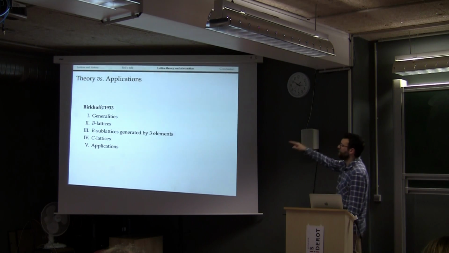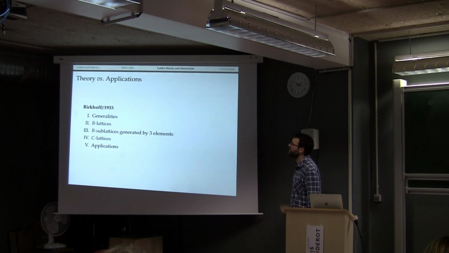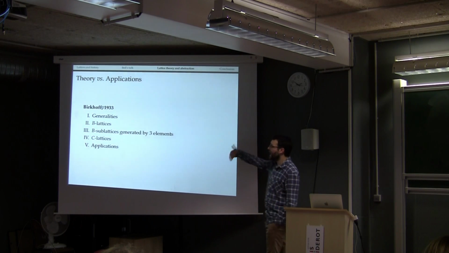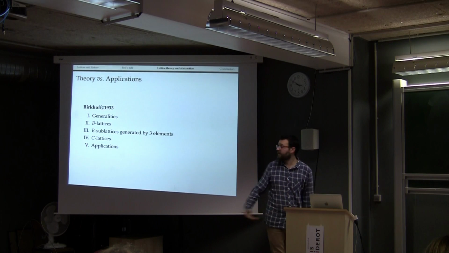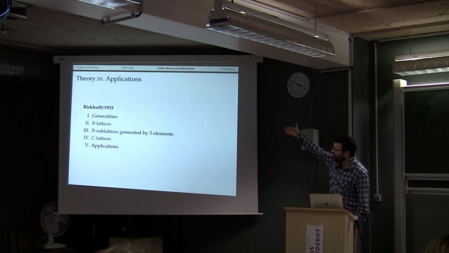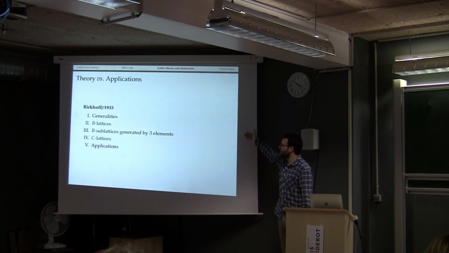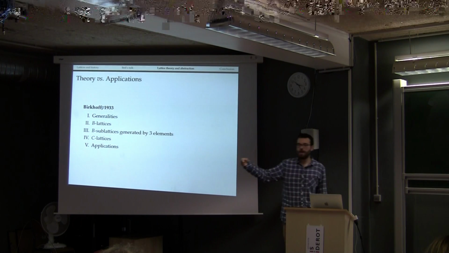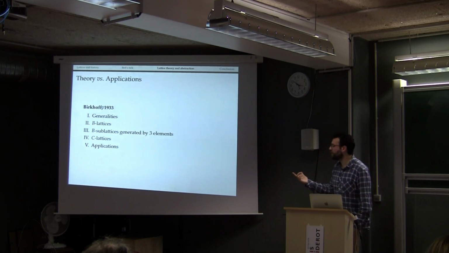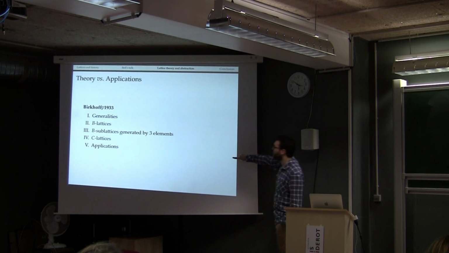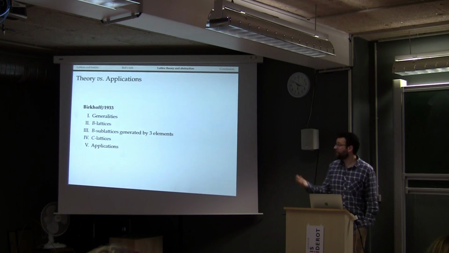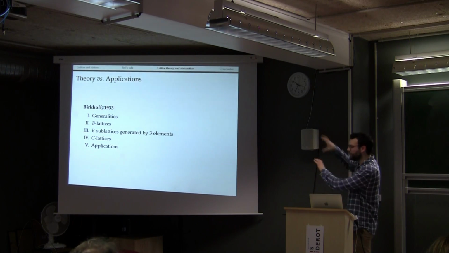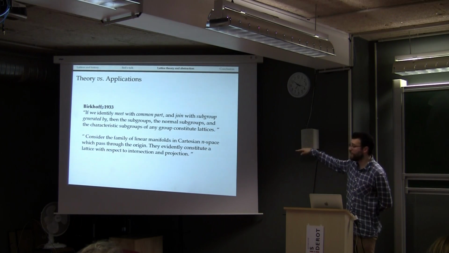So for example, if I take the division between theory and application, and I look at Birkhoff's first paper of 1933, you see here that there are 5 parts. The first 4 are theoretical, as opposed to the last one, which is applications. Okay? And what is the difference between these two groups is that if you look at the last one,